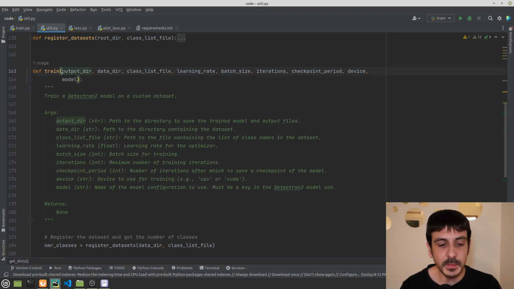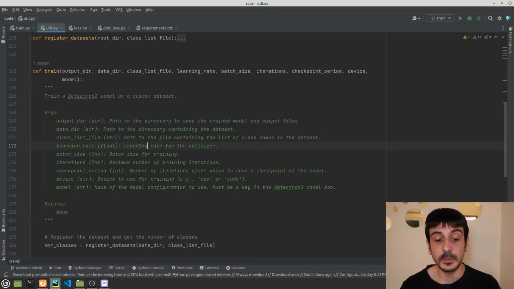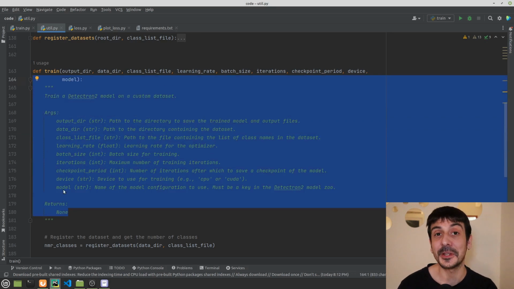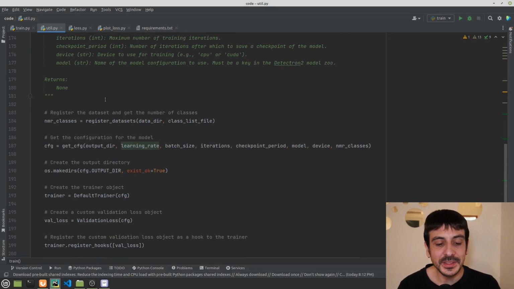You can see that we have many different parameters, many different arguments in this function, and for each one of these arguments, we have a very short description of what they mean. So this is very important, and please remember to take a look at this documentation, at this docstring, when you are reviewing this function, because it is going to help you a lot to further understand what each one of these parameters and arguments means. Now let's continue. We can see that in the first line, we are calling another function.